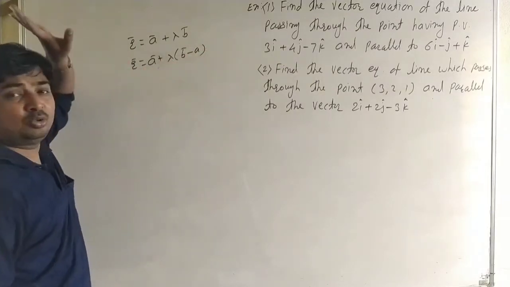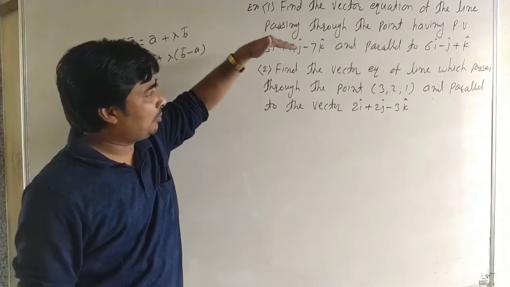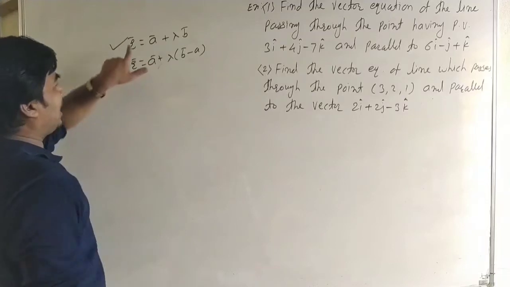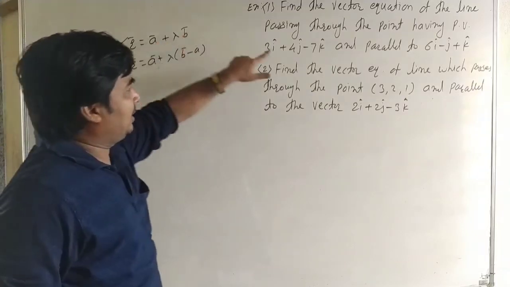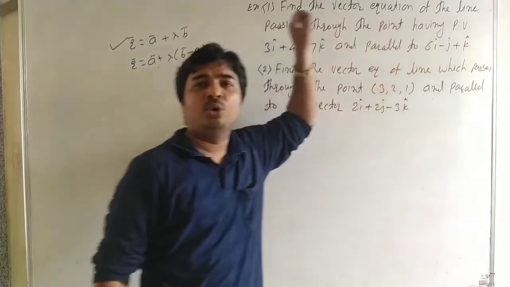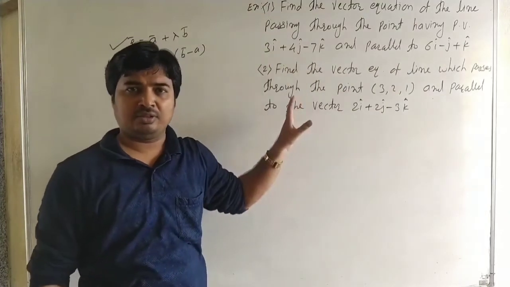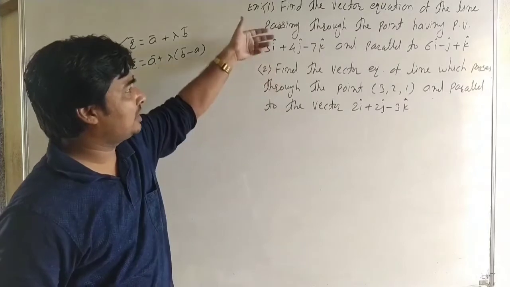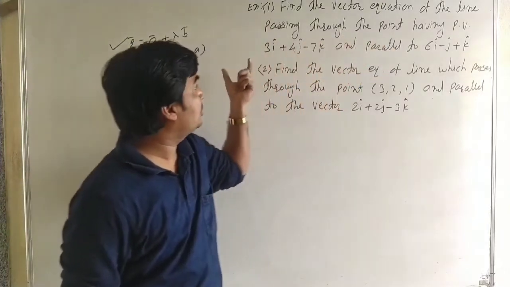It is a line passing through 2 points. Okay, here the line is given passing through point and parallel to the vector. That means we use this relation: r bar is equal to a bar plus lambda b bar, and it is a bar and it is b bar. Now we can directly write the answer. When the question is asked in the objective, we do not need calculation, we write the direct answer. It is a bar and it is b bar. That is the equation of line.